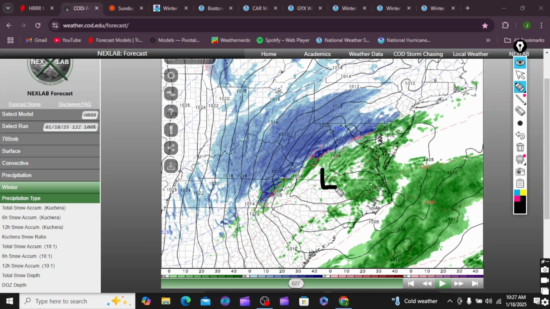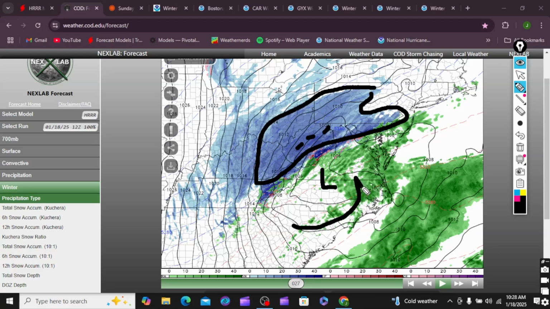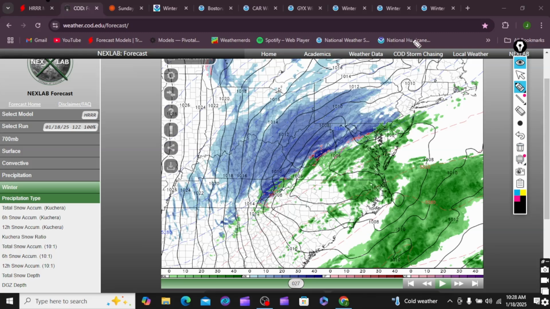There's our surface low right here. We now have our band of snow developed right in here. Light to moderate snow right now. Some of these down here may be heavier snowfall rates at this time. We've got our coastal low really starting to develop here. This is going to continue to transfer, and it's going to bring very cold air behind it. So we said this was 10 in the morning.